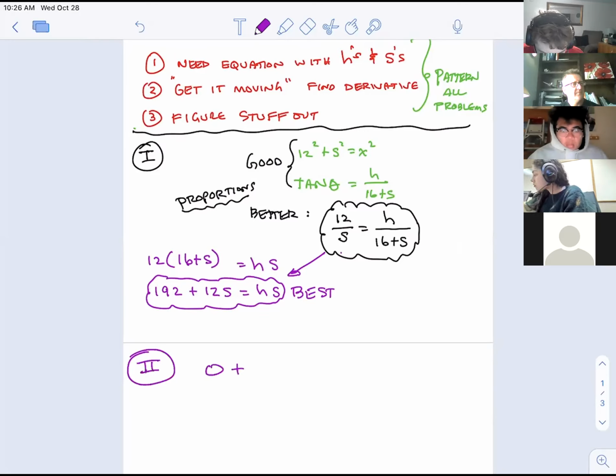Wouldn't it be 12 times s prime? And it's not 12 times s squared. You're confusing that a little bit, Eve, with s squared. In other words, if this was s squared, then the 2 would come down front and you'd have 2s, and then you'd say times the derivative of s. But there's no squared, so that's really just s.